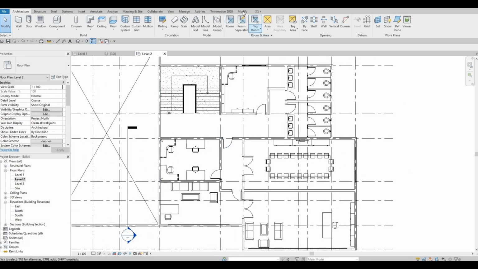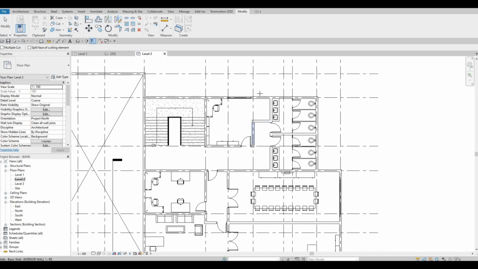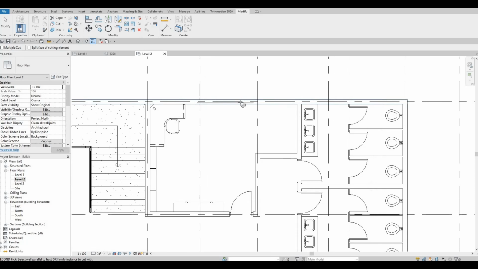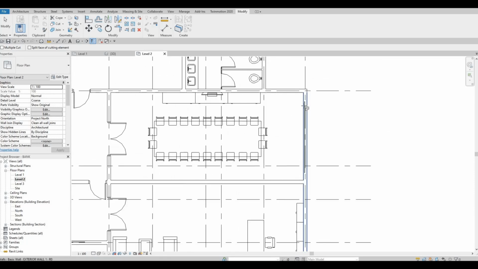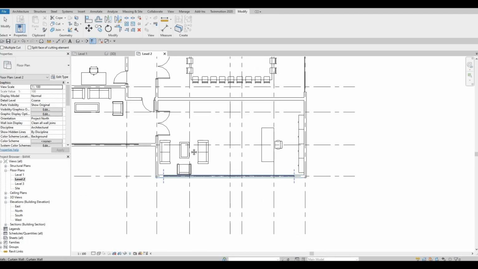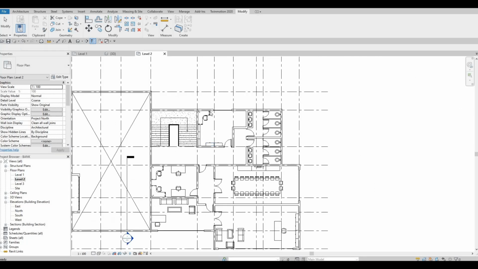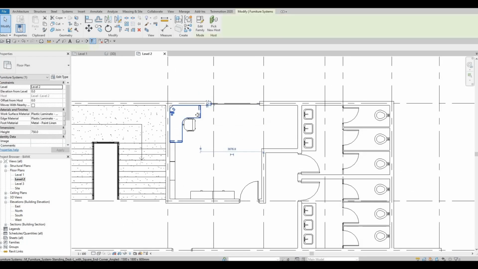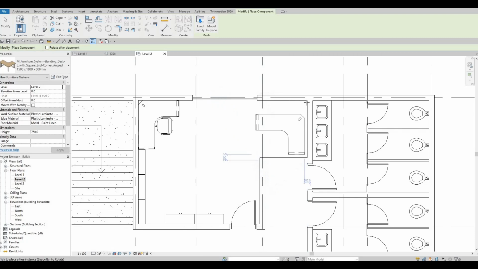So now let's go to modify and click on cut geometry, and then you want to select the wall first and then the curtain wall. And then after that, I just want to click on this one, and I want to add another one right here on this corner right here,